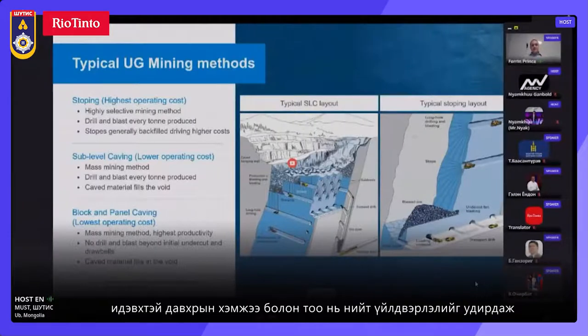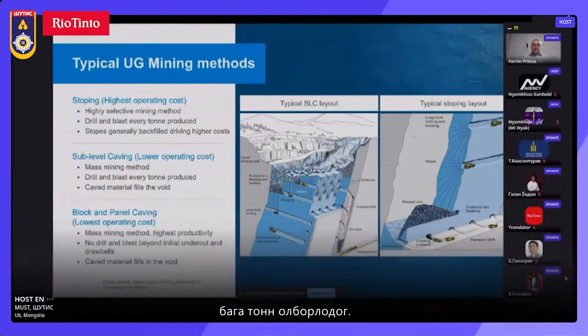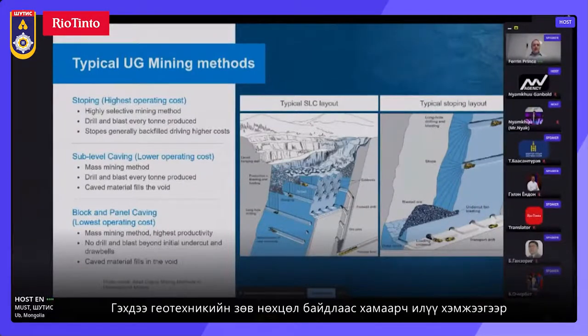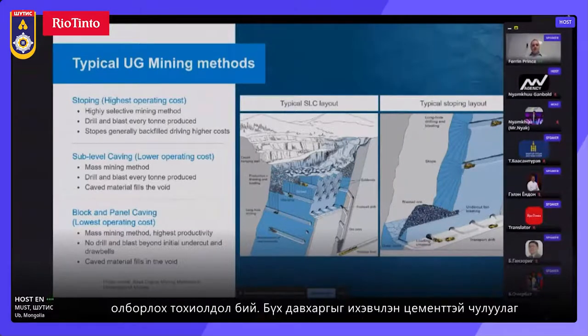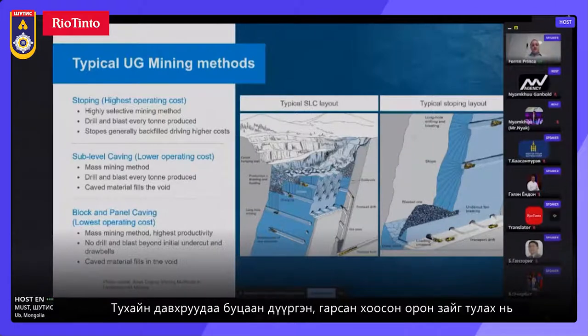Now, the size and number of those active stopes drives the overall productivity. Because they're limited by the number of tons that can be drilled and blasted out of each of the stopes, stoping mines generally produce less than 10,000 tons a day, though there are exceptions under the right geotechnical conditions. All stopes are generally backfilled with cemented rock fill or cemented paste from tailings facilities. And that backfilling of the stopes to re-support the void that has been created is one of the higher cost processes underground and also incurs a significant schedule